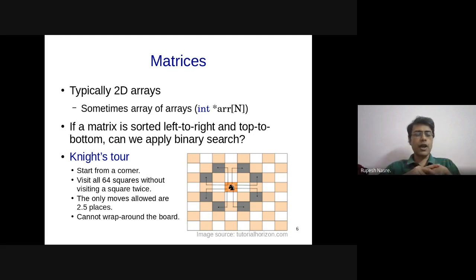I personally don't know how to prove it in the case of knight's tour. But there exist problems for which you can find out that the problem is solvable, but you don't know the algorithm. Right? Many times it is also possible to say that the problem is solvable with a particular complexity, but I don't know what that algorithm is. Right? So this also exists, and while this is not going to be really our emphasis, this is something which we need to get into as far as some of the proof techniques are concerned.